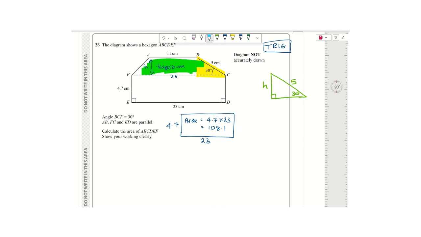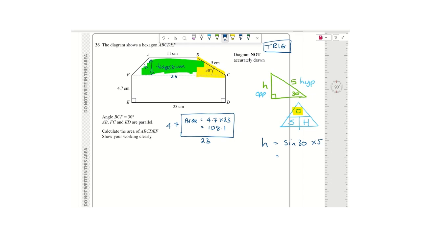So what do I know about this triangle then? The 5 is the hypotenuse and h is the opposite. So of all my trig things, the one that involves opposite and hypotenuse is sine, which is opposite over hypotenuse. And if I'm trying to find the opposite, then I'm doing sine times hypotenuse. So my height is sine 30 times 5,